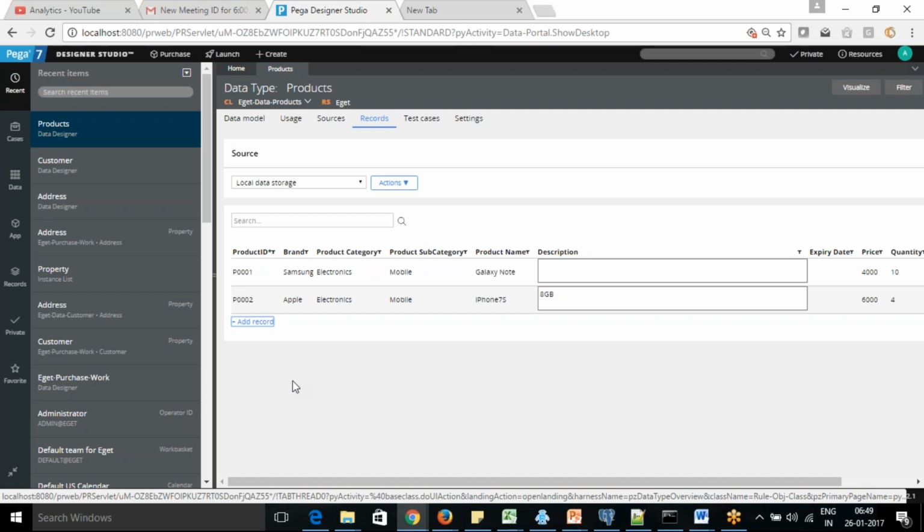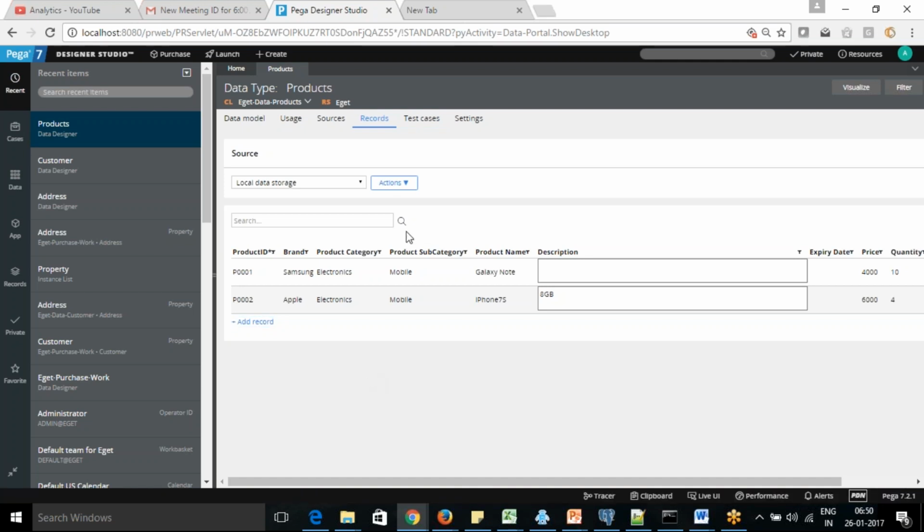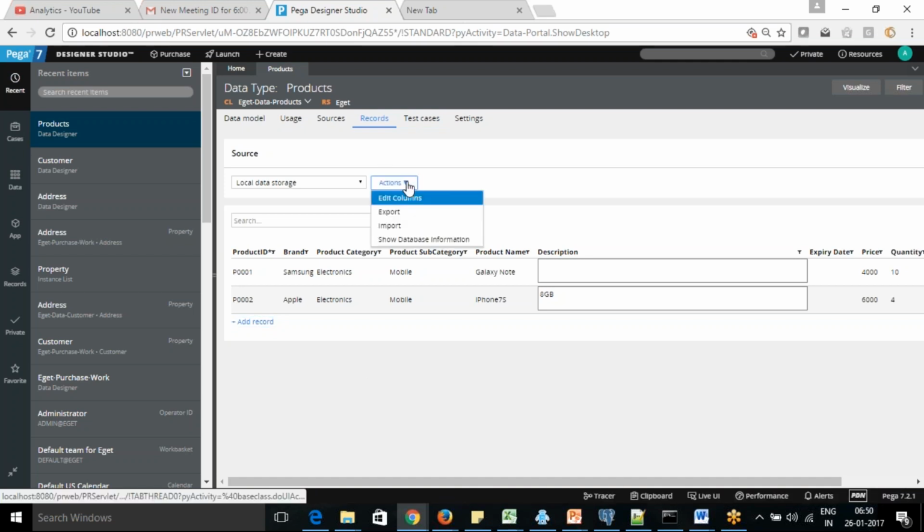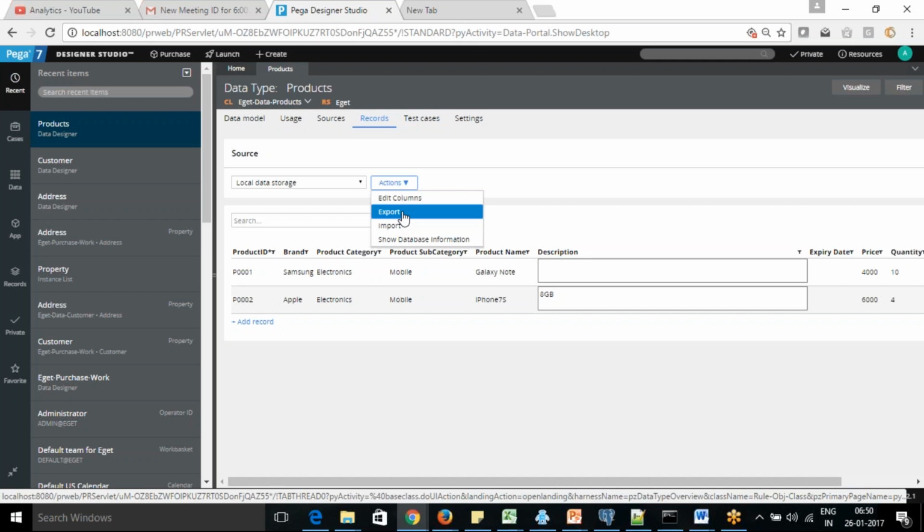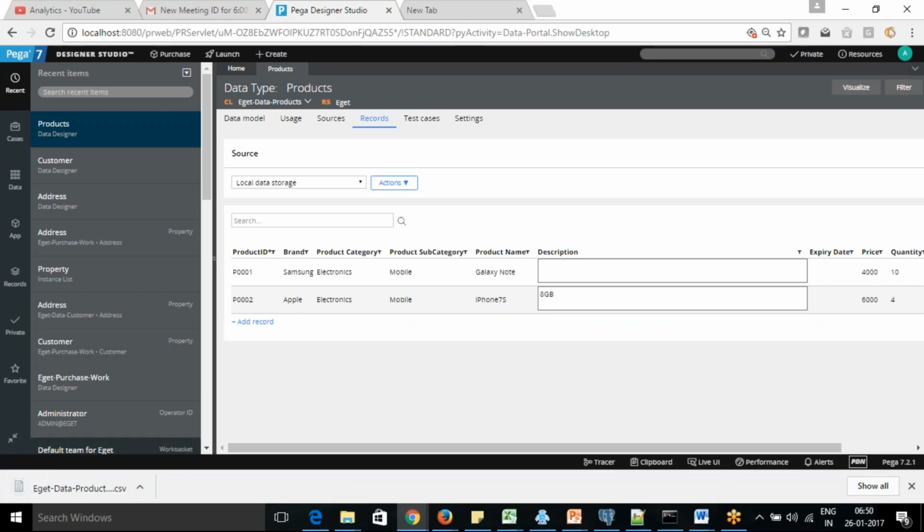If you want to maintain your reference data, you can go for local storage, or if you want to go for testing, like if the service is not available, you can check this information from there. Okay, and there is an Excel option also, so you can export and import as well. So if you want to export the same information, add to it, and import it back, that is also available.